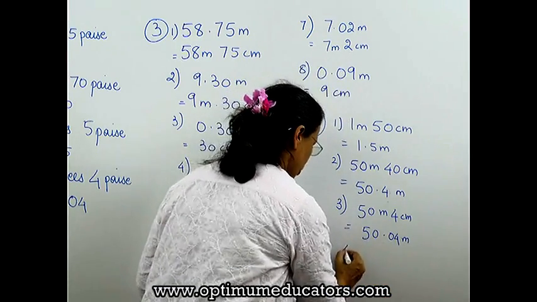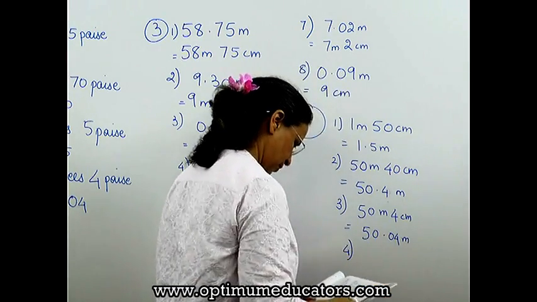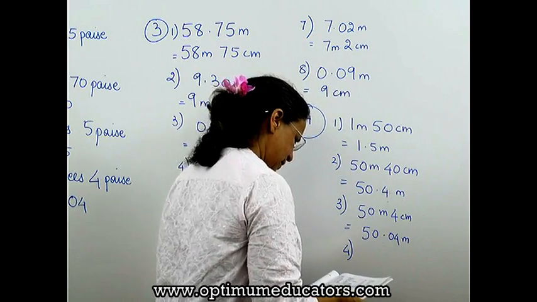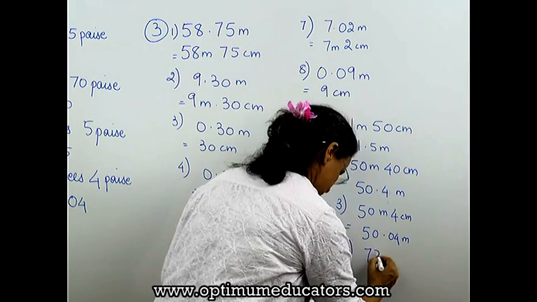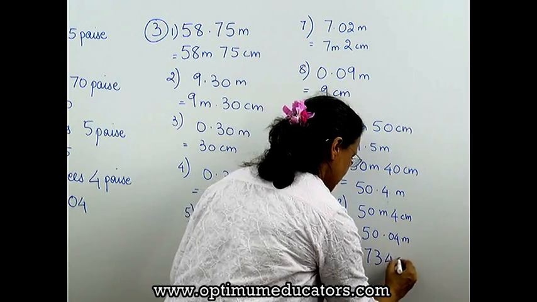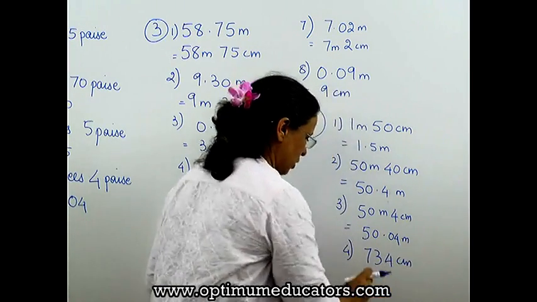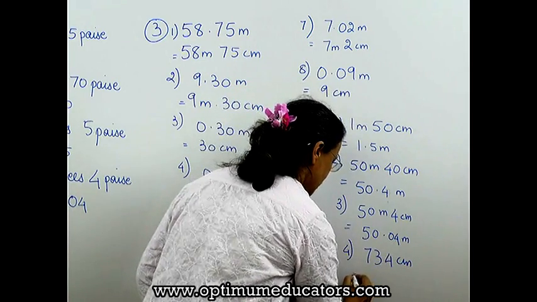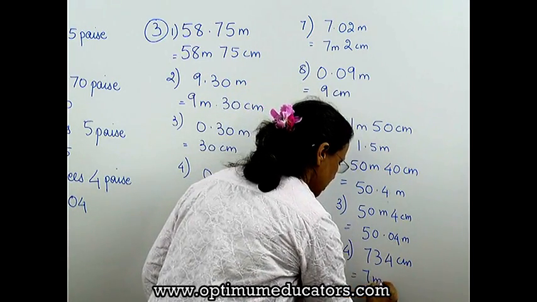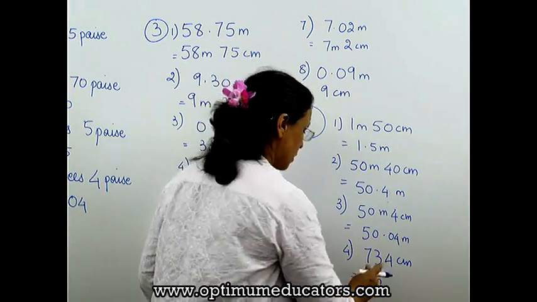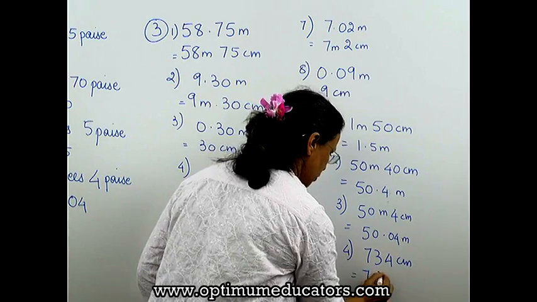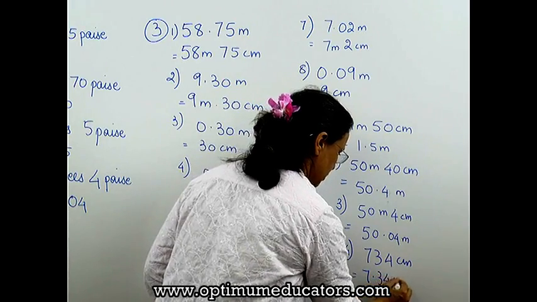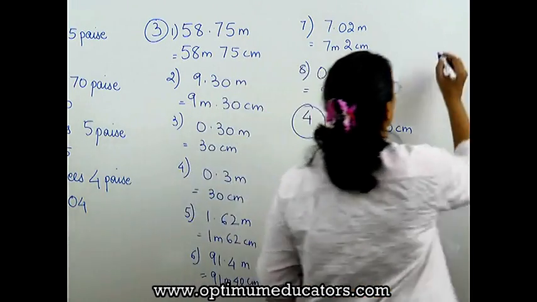Next, fourth one, 734 centimeters is given to us. Now we will have to convert this. 700 we know is 7 meters, correct? So we will write it as 7.34 meters. Okay. The fifth one,